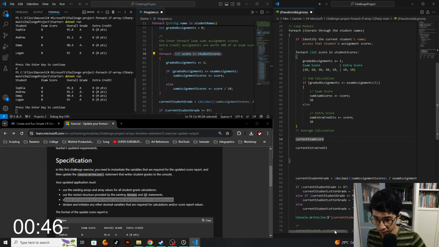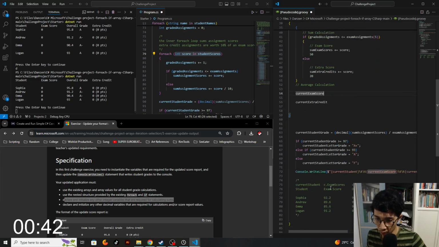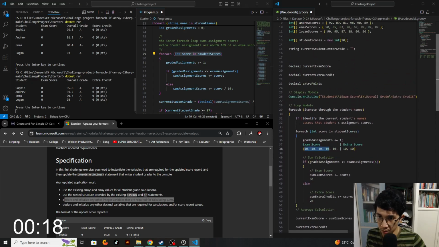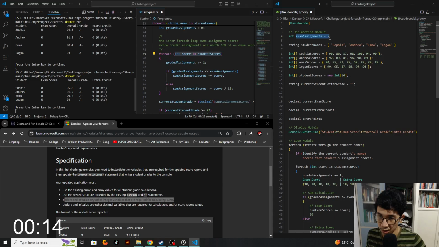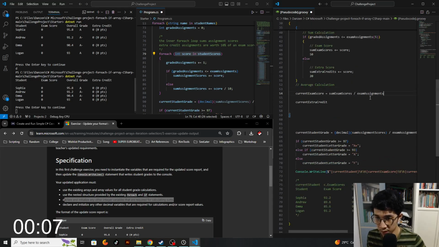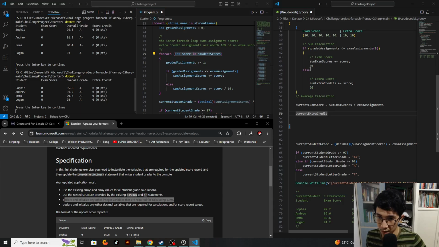Current exam score. So essentially we want to get the exam score. So how can we get the average of exam score? By putting the sum exam score here and then dividing it by how many quantities are in exam score here. It should be 5. Since we know that exam assignments has 5, why don't we just use the variable here? So exam assignments. This is 5. So basically, sum exam score should be divided